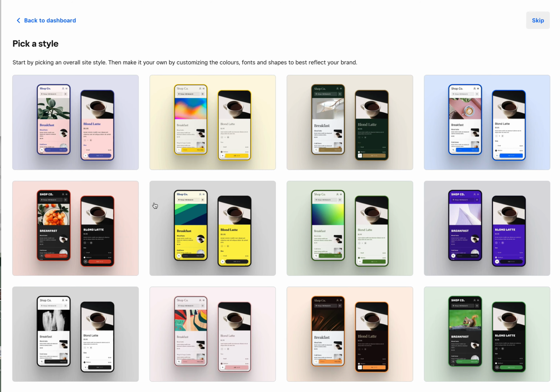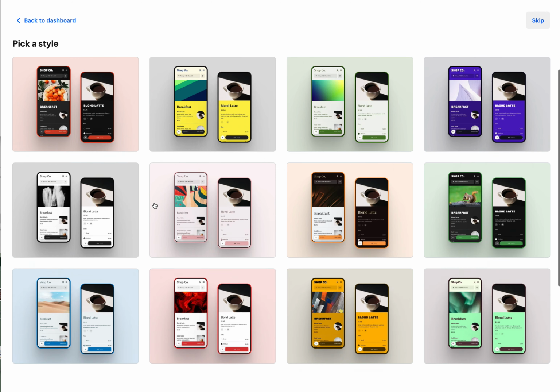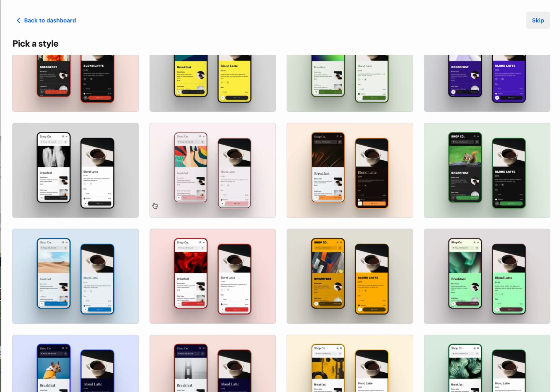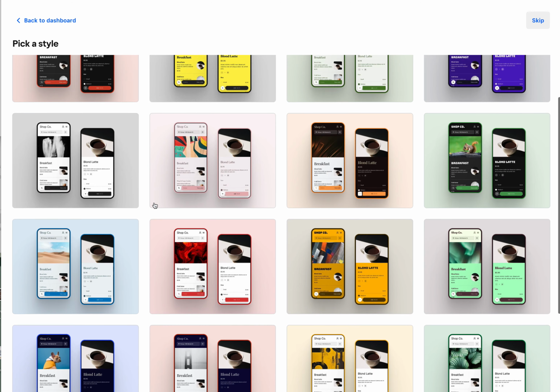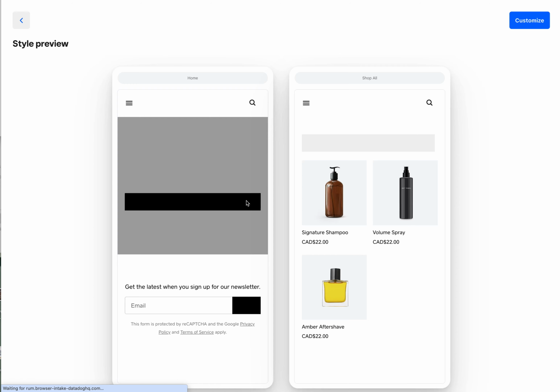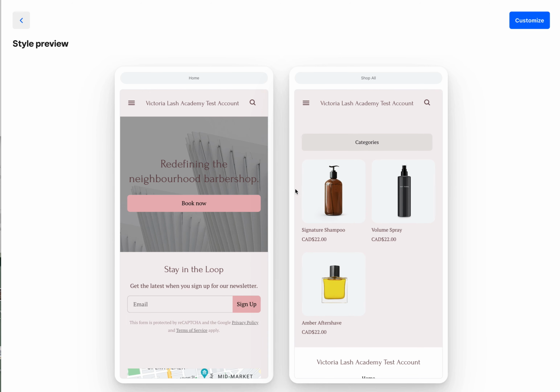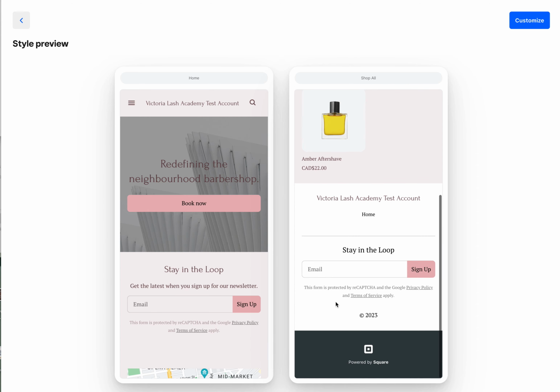So this is where it gets fun. You got to pick your style and colors and whatnot. So let's do pink, right? Pretty in pink. So this is what it's going to look like right now